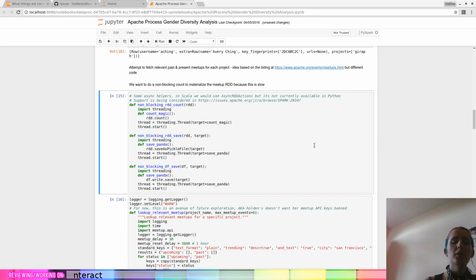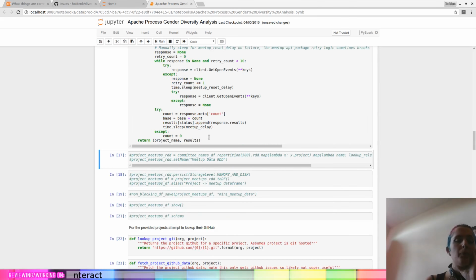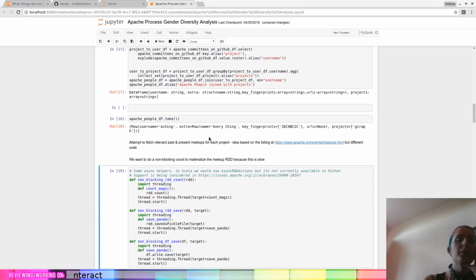So these are some hacks, and this is just because getting the meetup data could take a really long time, and I don't want to have to wait before I can run more cells. So I kick off threads where they kick off these individual RDD actions. This will kick off these jobs in the background in my Spark process. For now, though, I've commented it out because we're not going to be using the meetup data. But this is an interesting practice. There's actually first-class support for this in Scala Spark. You don't have to manually use threads. It's the async stuff.